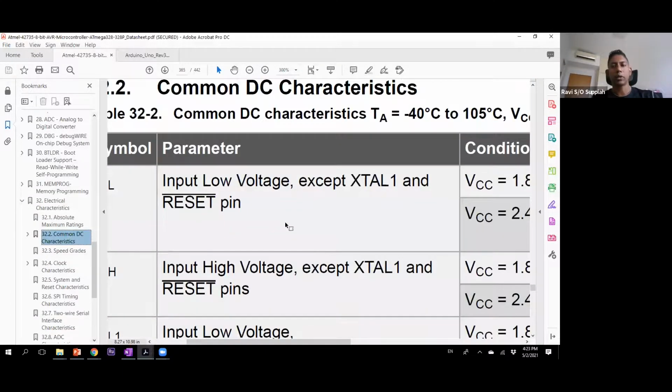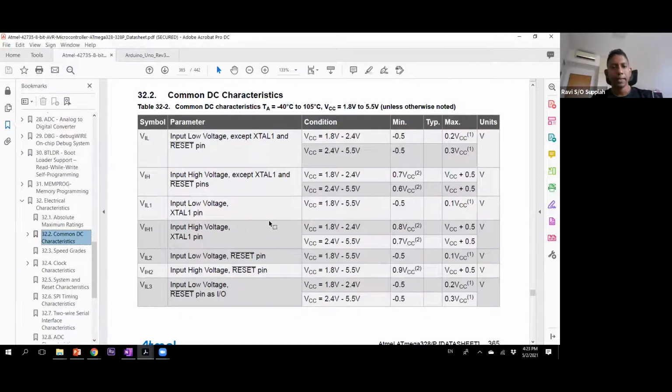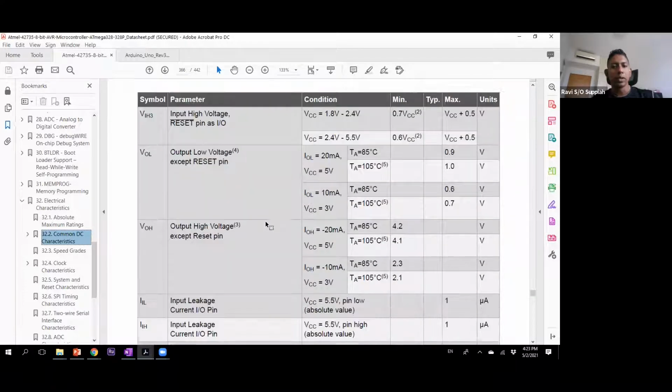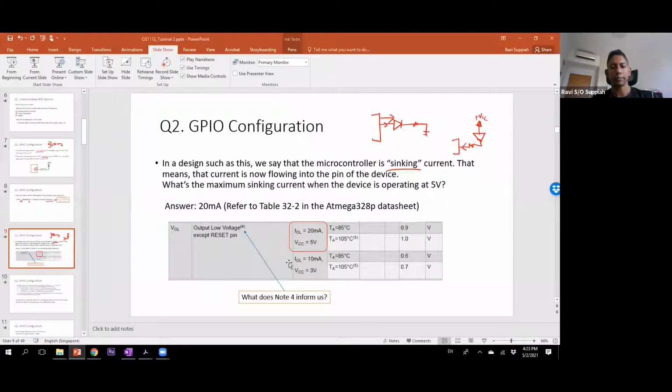If you look at these common DC characteristics, when you have an output low voltage, the input current, that means the amount of current that you can sink in, is 20 milliampere. That is the information that we've extracted and put over here.